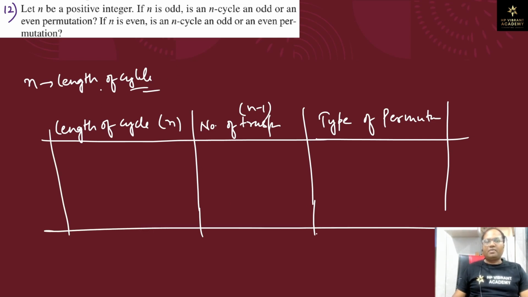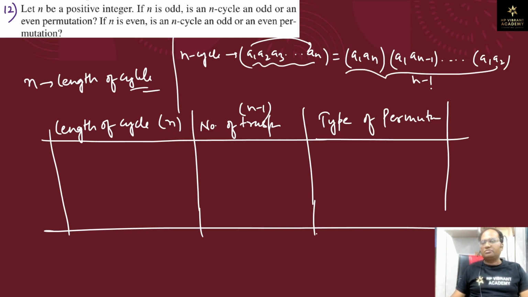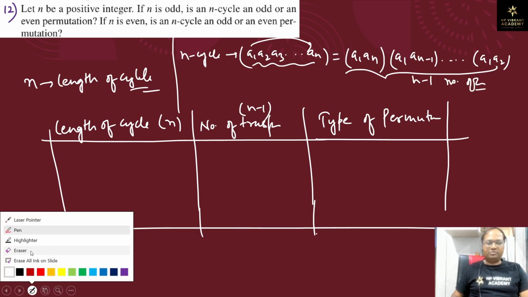तो देखो अगर n साइकिल है, n साइकिल मतलब let us take an n cycle like this a1 a2 a3 an, ठीक है। तो इसको अगर ट्रांसपोजिशन के फॉर्म में ब्रेक करेंगे तो कैसे होगा, a1 an, first element and the last element, then we have first element and second last element a1 an minus 1 like this, and last term will be a1 a2। तो यहाँ पे कितना हो गया है, ये n साइकिल है ना, तो नंबर ऑफ ट्रांसपोजिशन n minus 1 हो जाएगा, n minus 1 नंबर ऑफ ट्रांसपोजिशन।